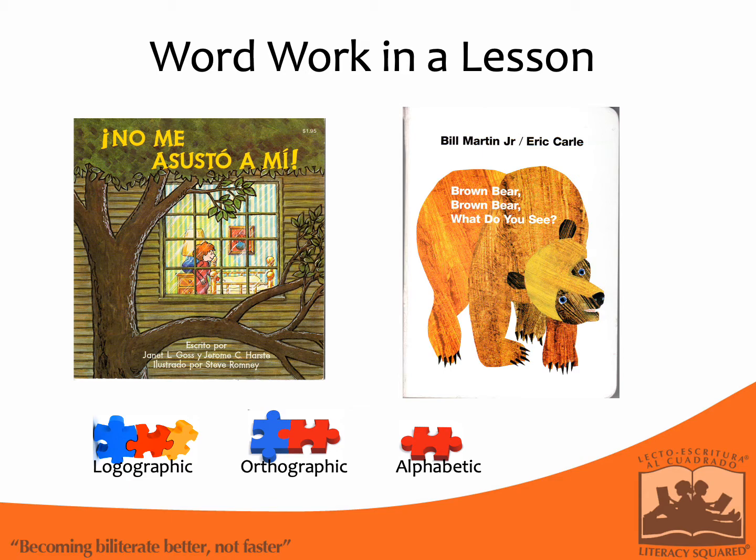Squared lesson. As we explain each activity, you will see a logo that signals the type of word work each example represents. The three-piece puzzle represents logographic, the two-piece puzzle represents orthographic, and the one-piece puzzle represents alphabetic. This intends to give you a better idea of how examples of the three types of word work look like